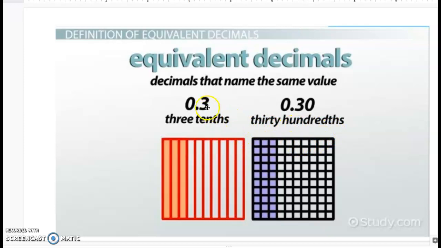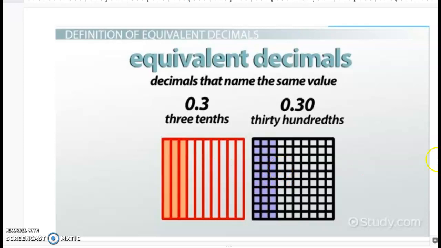Here's how we write 3/10, 0.3, because we say the number after the decimal and then the spot it ends in, 3/10. And we say the full number here, 30, and the spot it ends in, hundredths. And you can visually see that 3 dimes is equal to 30 pennies, or 3/10 is the same as 30